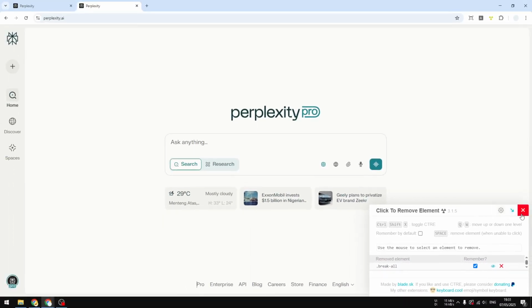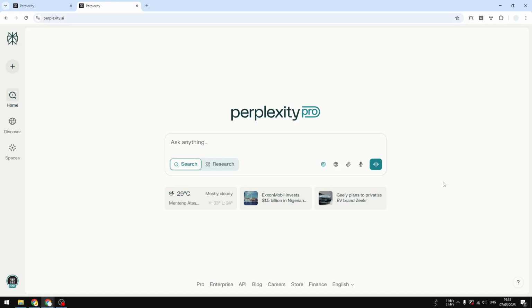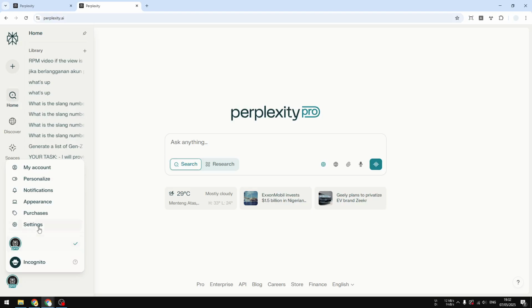But now you don't have to use this extension anymore because Perplexity has added a new feature to deactivate this element, which means this menu, this news and weather prediction, can be removed not only on the desktop but also on the mobile version. So to remove this, you can navigate to your profile picture